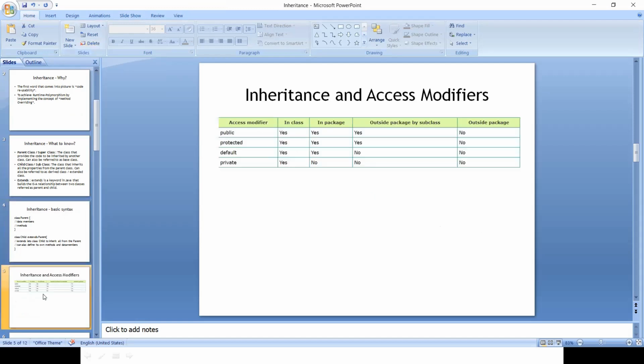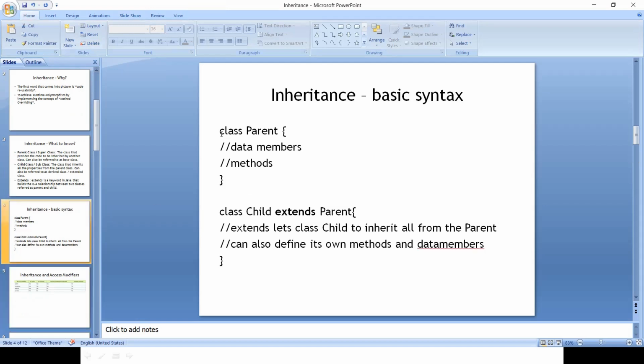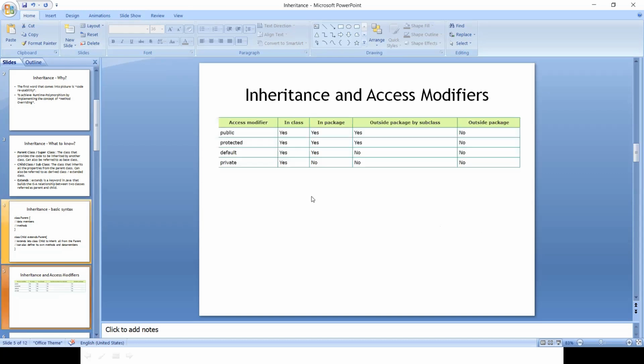Now we all know about access modifiers. We have four different kinds of access modifiers in Java: public, protected, default, and private. For any method or class wherein we haven't declared anything, let's take this as the example. I haven't declared this class to be public or private or protected or anything. In this case, Java considers the class Parent to have the default access modifier. So if you look at this, it gives you a clear picture of access modifiers and inheritance.